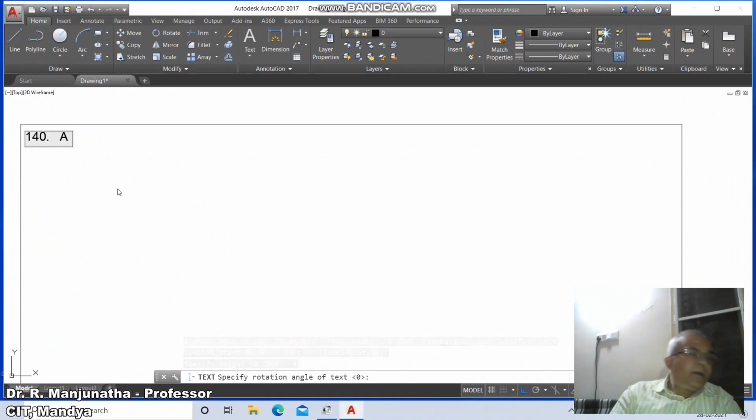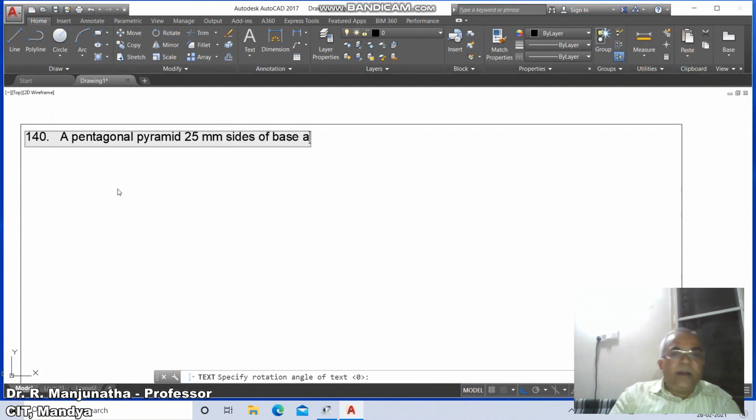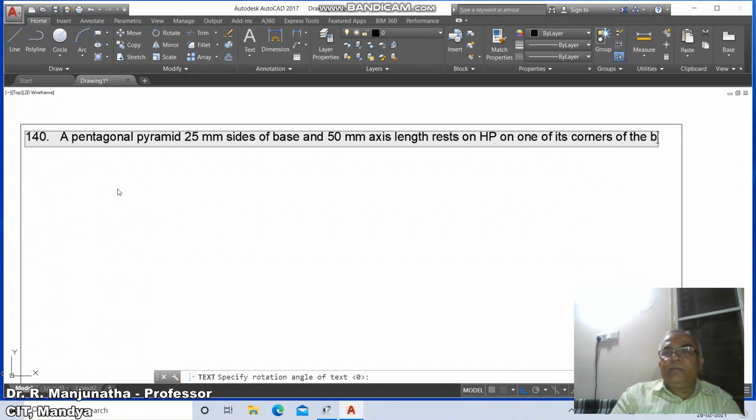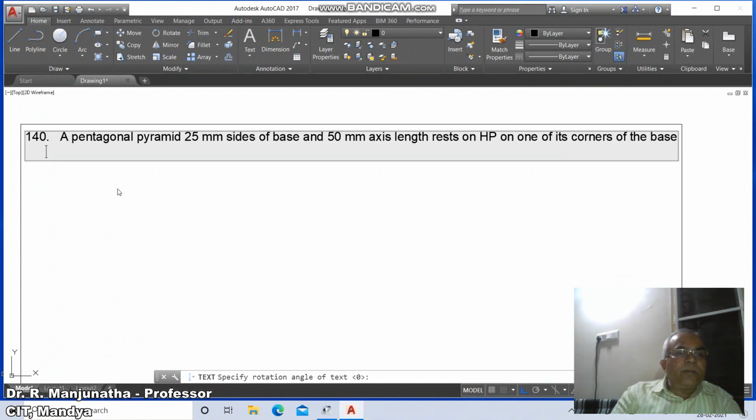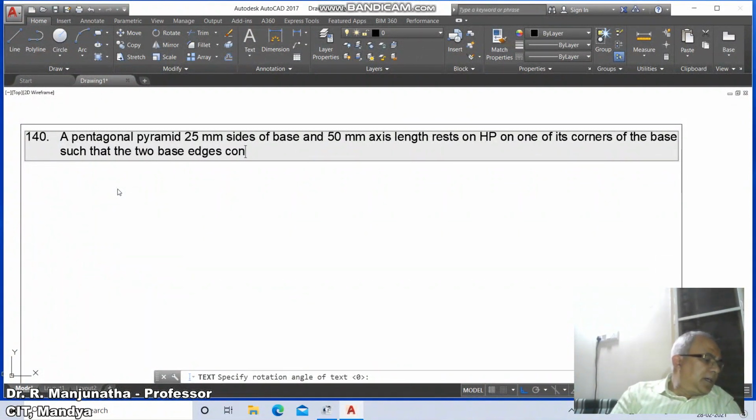Now here a pentagonal pyramid, 25 mm sides of base and 50 mm axis length, rests on HP on one of its corners of the base, such that the two base edges containing the corner on which it rests make equal inclinations with HP.